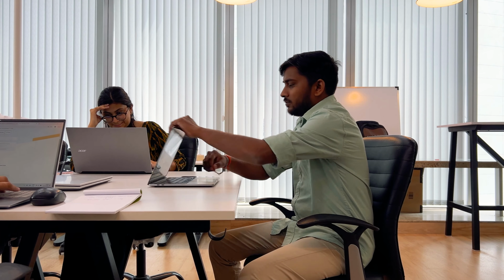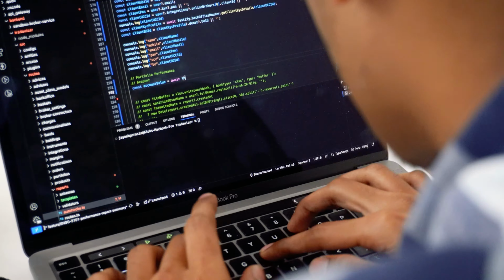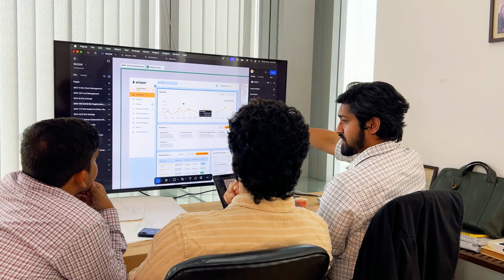At Wizzer, engineering isn't just about writing code. It's about envisioning the future of trading technology and bringing it to life. We are not simply trying to keep up with the traders. We are engineering a platform to ensure that they never feel the burden of complexity at all. That's what Built for 10 Million truly means. Wizzer stands ready, turning our vision into reality, trade by trade and byte by byte.